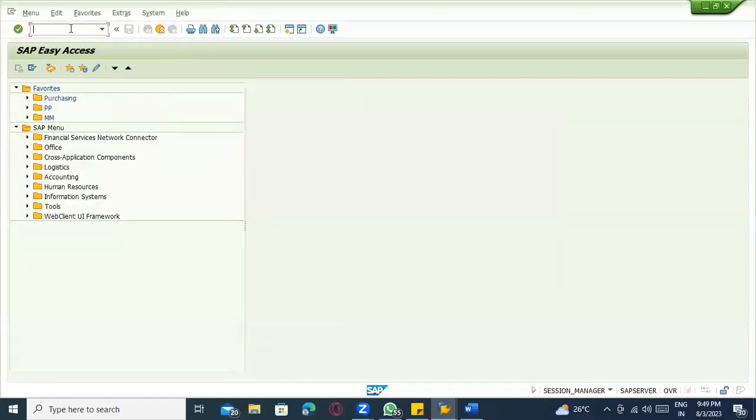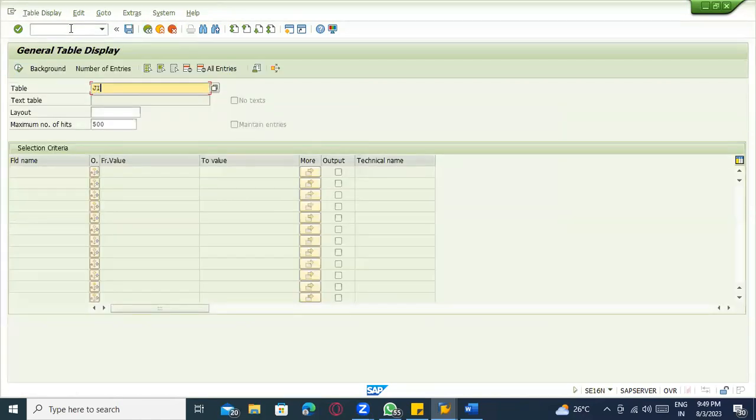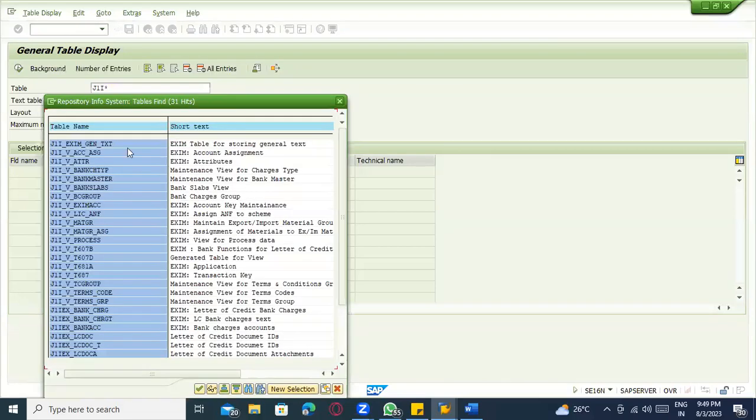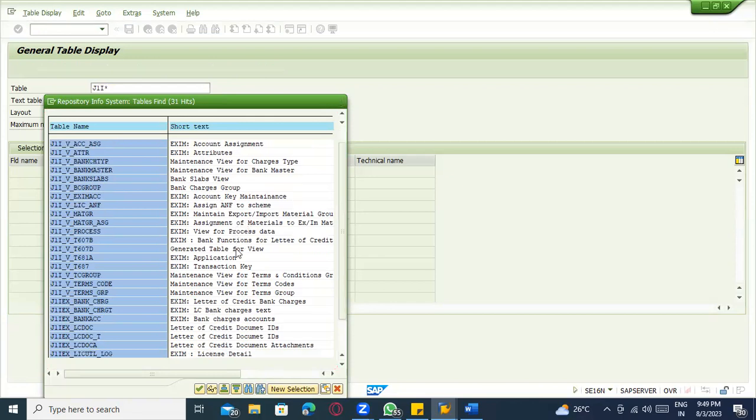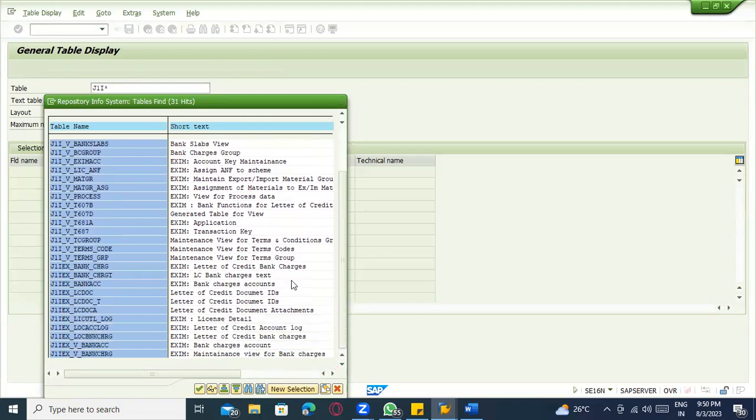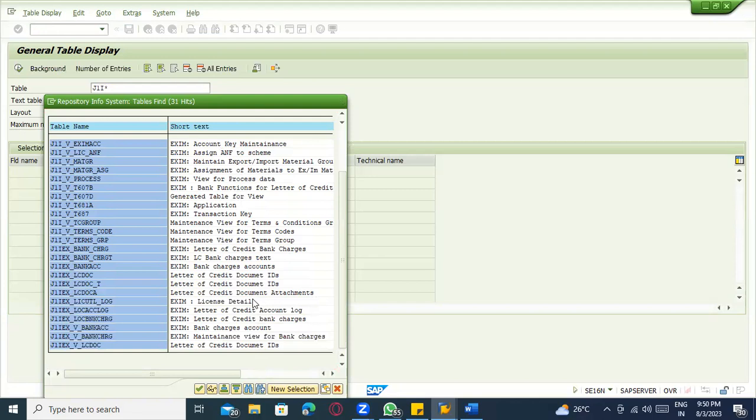So generally we are maintaining that tax master data. Okay, so you can see if I go to J1, these are all related to excise, VAT and taxes related information.